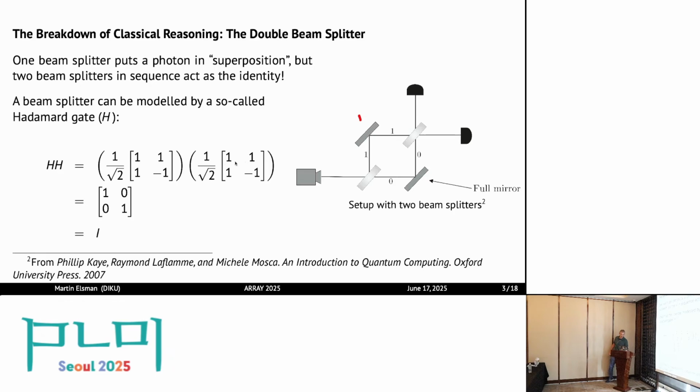But what you see here is basically that you can model the image with two Hadamard gates in sequence, the two beam splitters. They multiply out and end up being the identity, meaning that the ray will just go straight out. In principle, the interpretation is that each photon is both going that way and that way, and when they meet again here, they will go this way. This is how you have to interpret it, and you cannot use a probabilistic model.